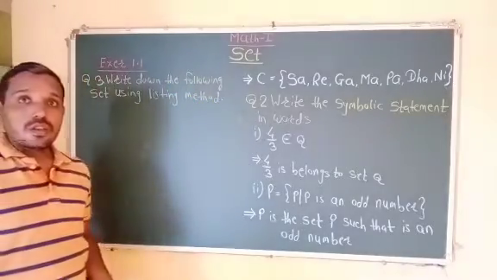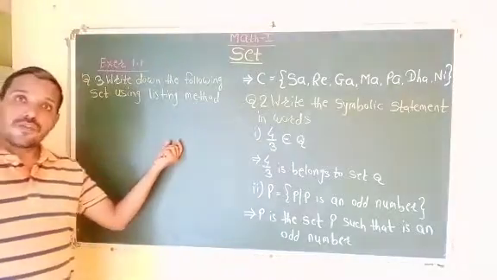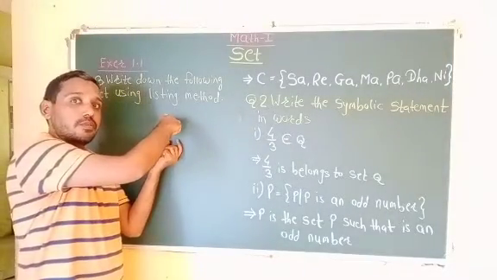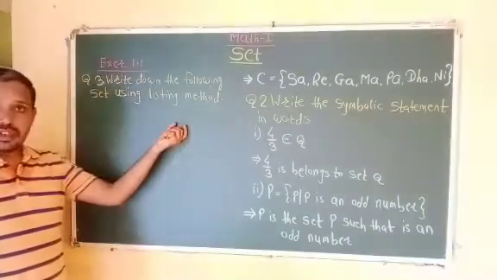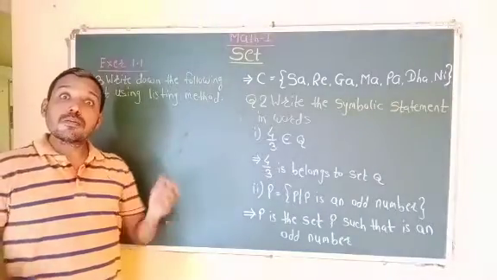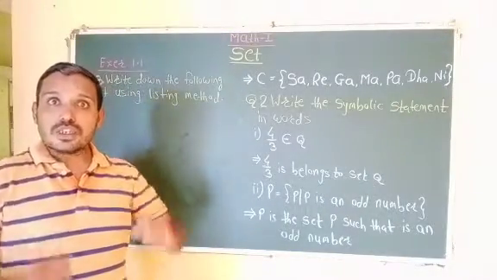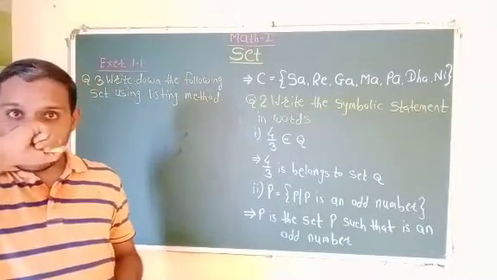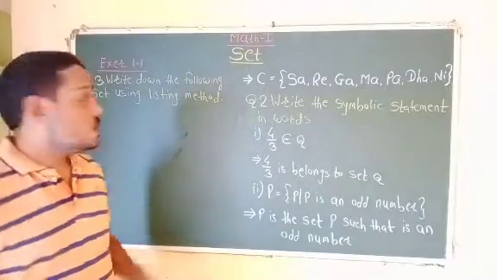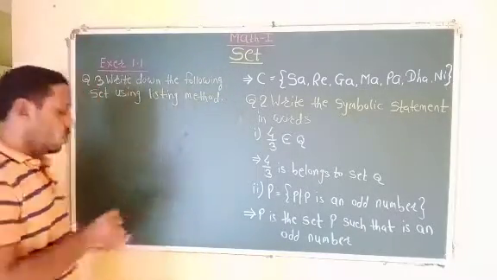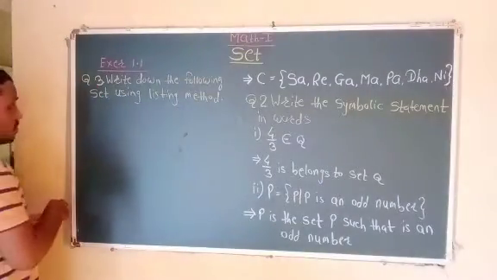We can write down the given examples in set form by using the listing method. That means in those questions we are given some collections, and those collections we can convert into a set by using the listing method. So the first sub-question in them,